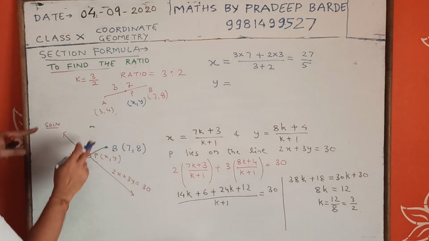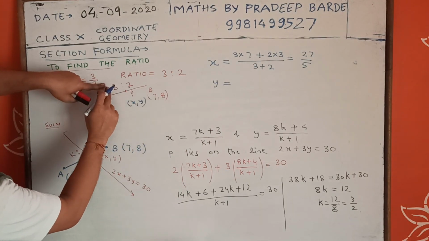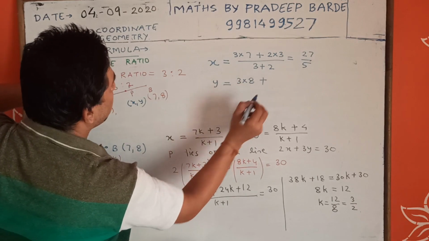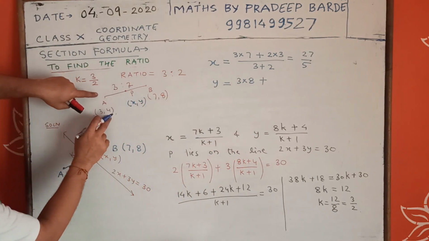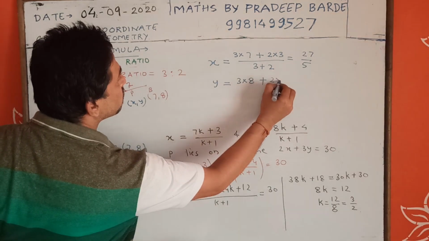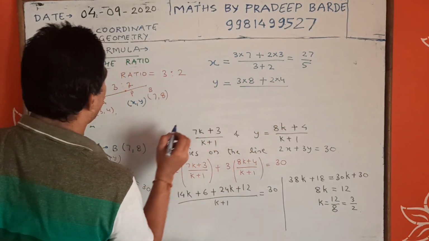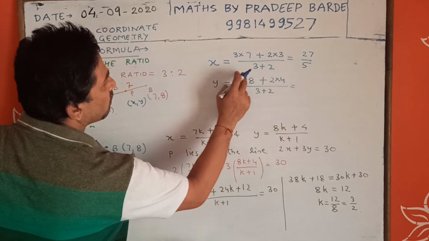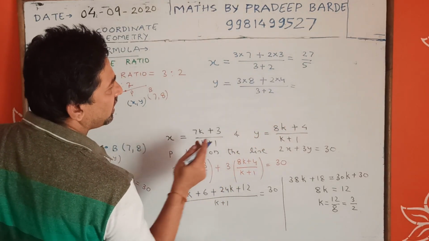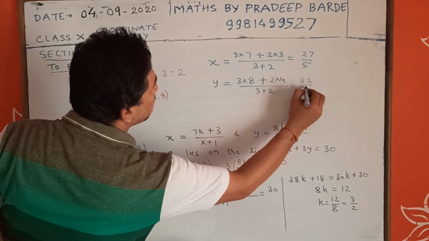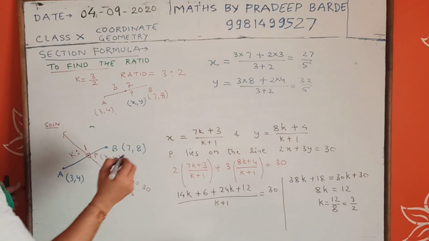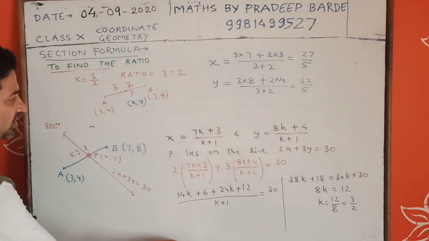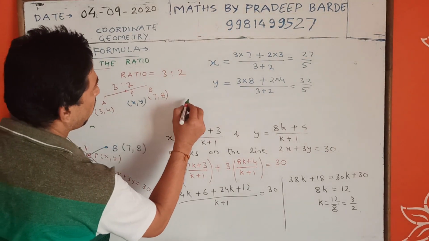Y is equal to m1 y2, 3 into 8 plus m2 y1, 2 into 4 upon 3 plus 2, 24 plus 8, 32 upon 5. So now the answer is coordinates of point of division are